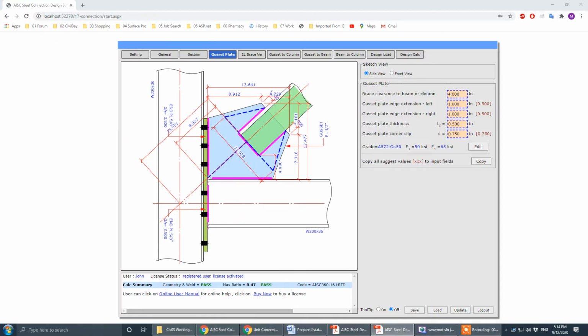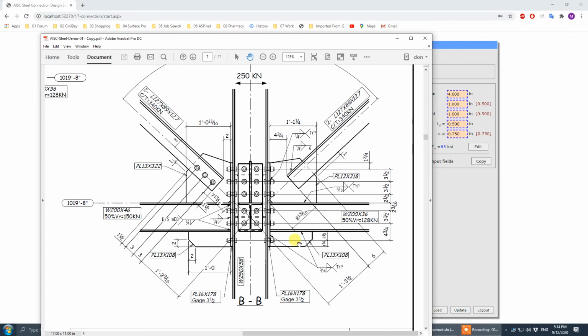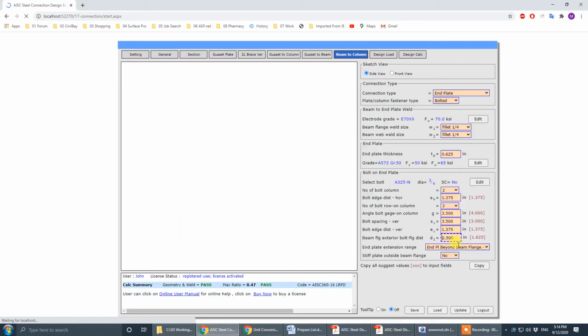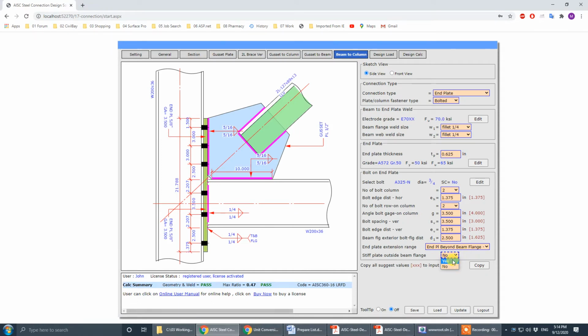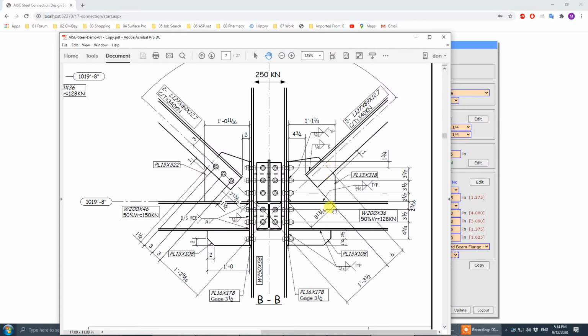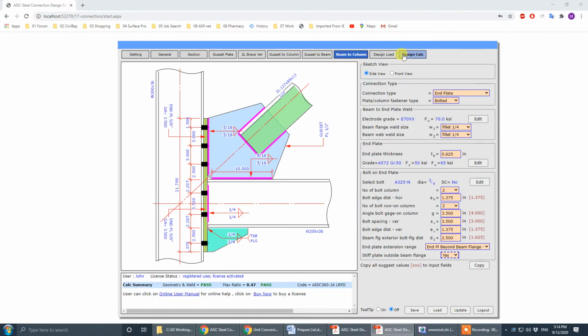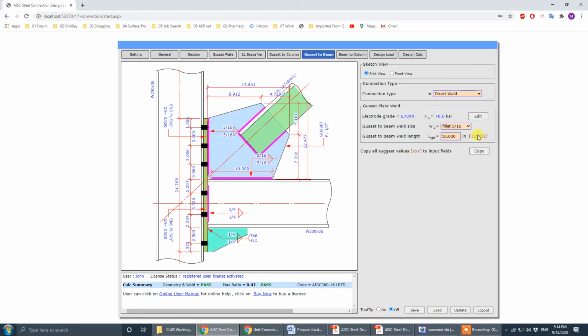and it seems there's a stiffener plate here. So beam to column first. Beam to column. We have stiffener plate here. All right. So that one is go straight. It's 5/16. Go straight vertically. So Gusset to beam. I copy this guy, so go straight 5/16. All right, direct weld. Okay, now